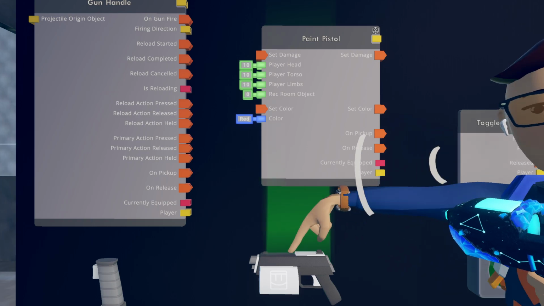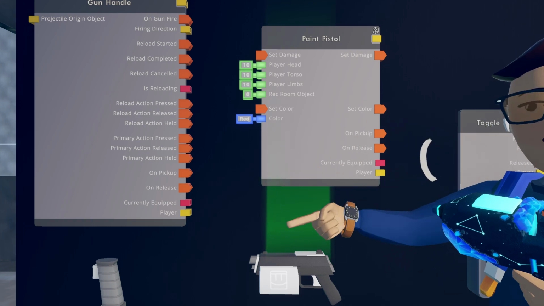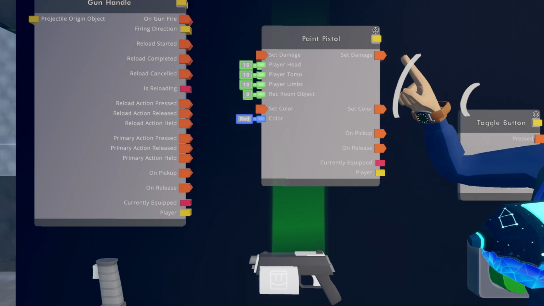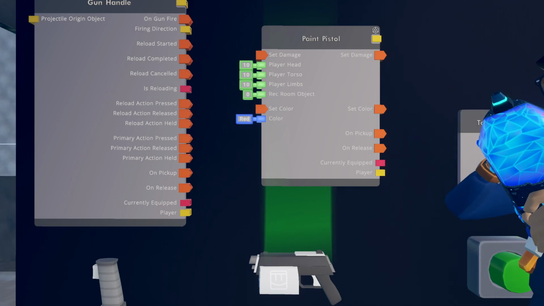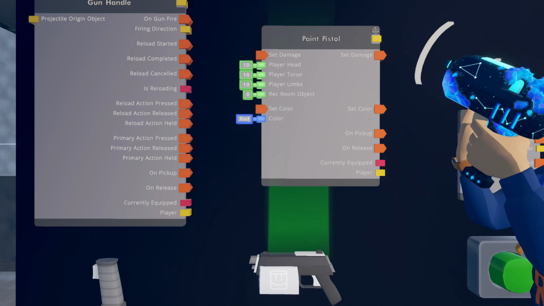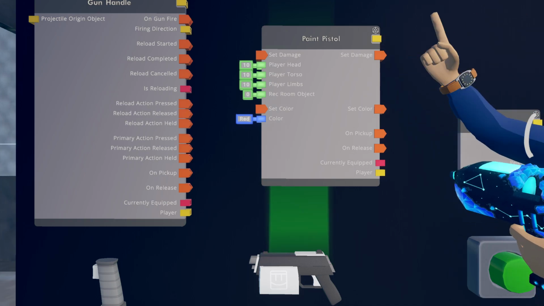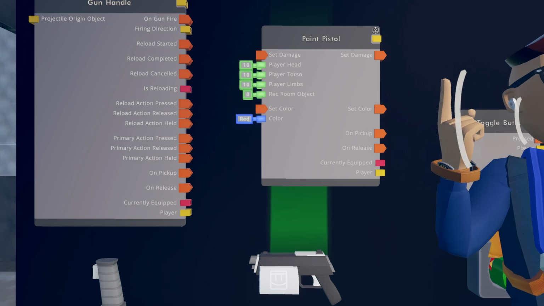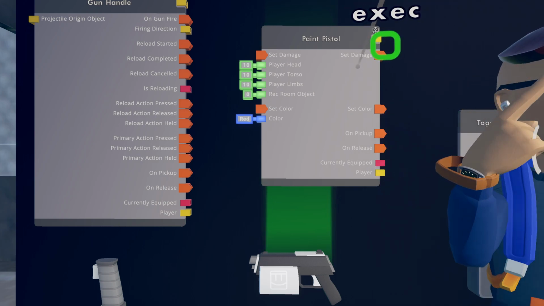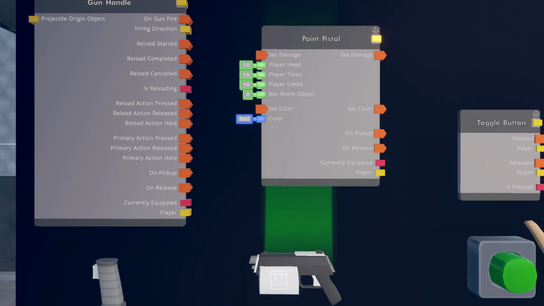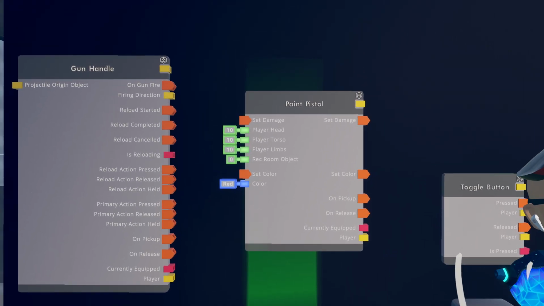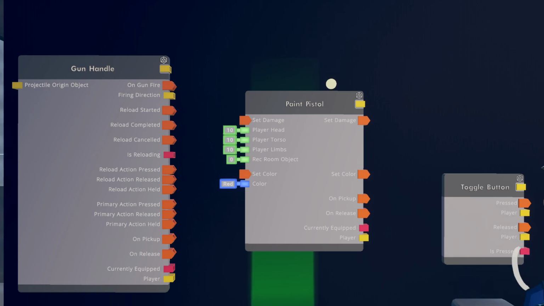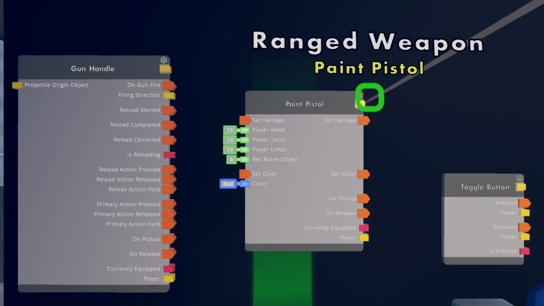So this is a paintball pistol, which of course you can't reload if you've ever played paintball before, but it's the same type of object. If I hover over the self port, it's telling me it's a ranged weapon, this little yellow thing right here. So it shares an object board type with every other prop weapon, like the laser tag pistol, for example, which you can reload. If you're in a laser tag pistol and you reload it, it will run reload start. And then when you finish, it'll run reload completed.